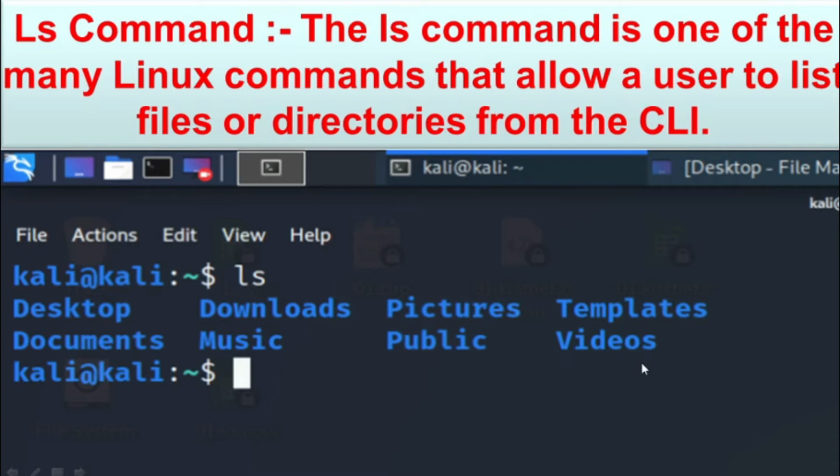Just like navigating in your Explorer or Finder with a graphic user interface, the ls command allows you to list all files and directories in the current working directory by default and further interact with them via the command line interface.